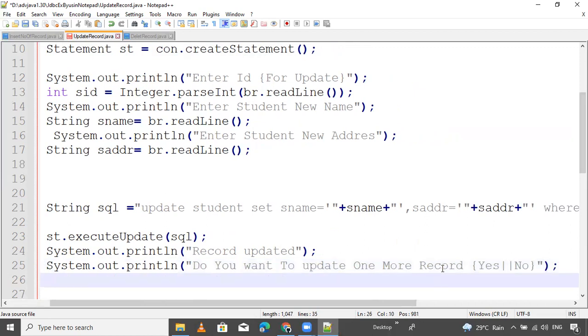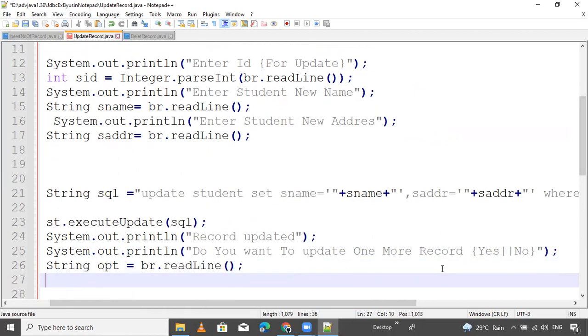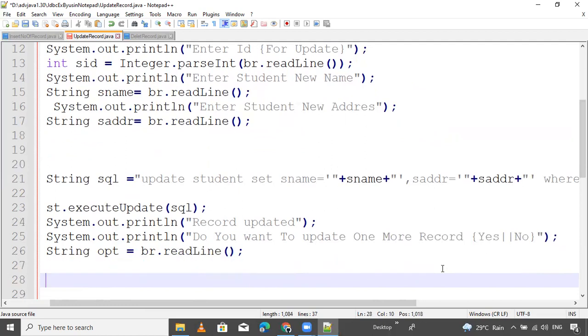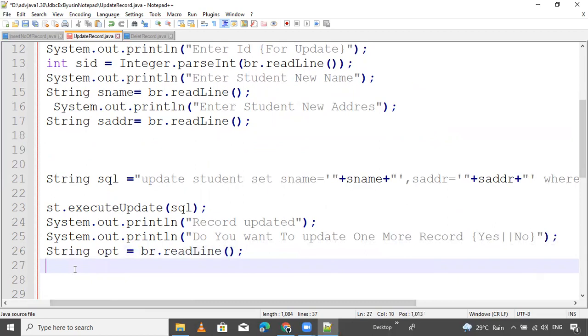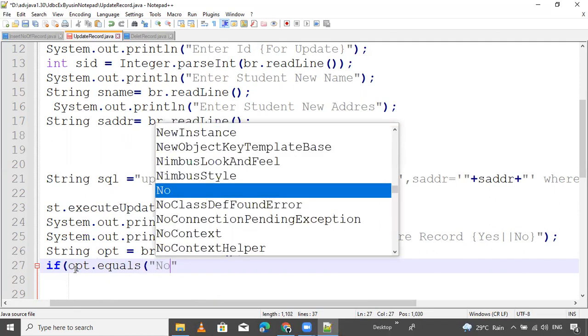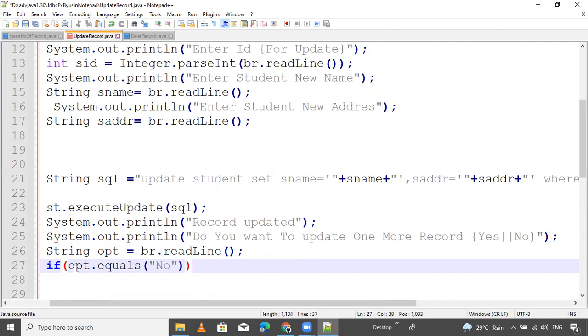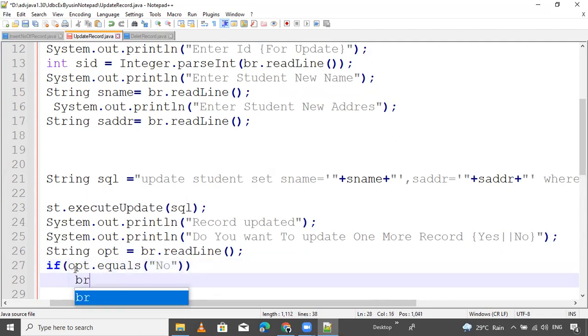So, simple: String option equals br.readLine method. We have the readLine method to read the data from the user and store it inside the string variable. Now inside the string variable, I want to check if option.equals method. If the user presses no, here it is case sensitive, break.